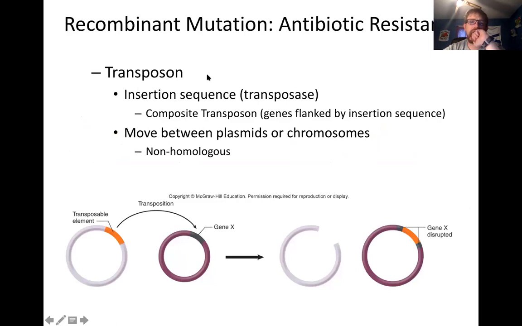All right, so we talked about this idea. This is focusing on transposase, basically saying you need a special enzyme to do this. It's going to operate on that transposable element. And so again, you're not going to just have DNA that jumps. You're going to need this enzyme present, which is going to be part of the sequence of that transposable element that contains this enzyme that can help cut it out. And often what we see is a move between plasmids or chromosomes, non-homologous.